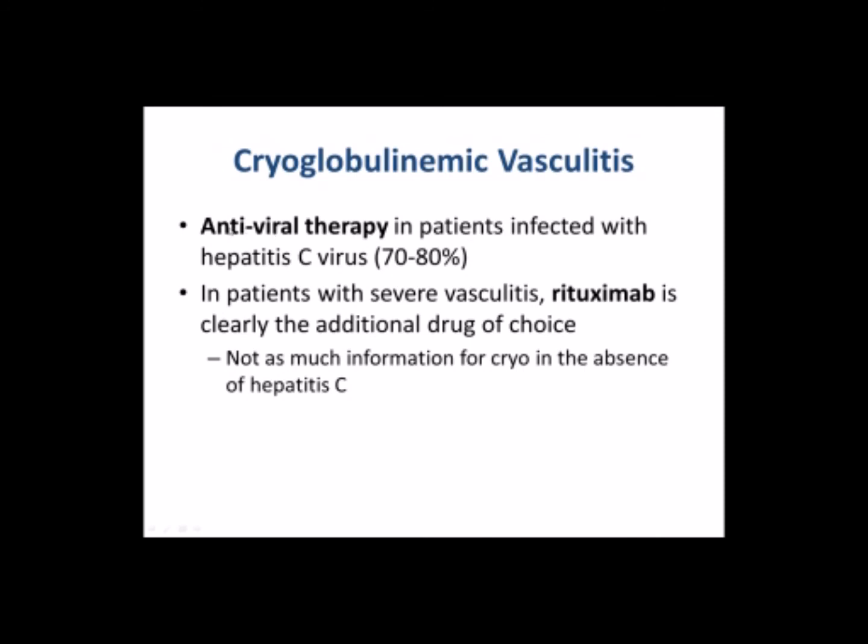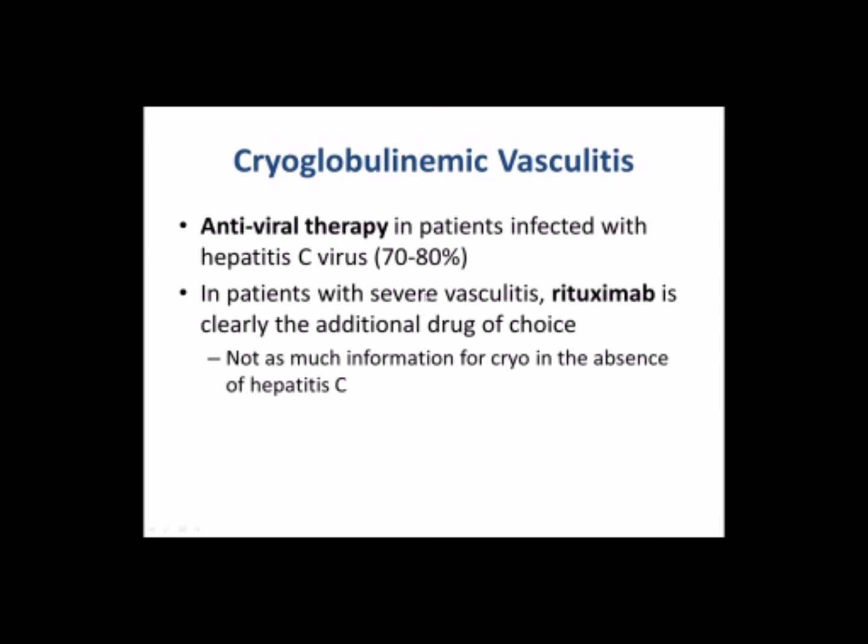Antiviral therapy itself has actually undergone a revolution, and so even though this hasn't been studied in vasculitis, it is likely to be spectacularly successful. So the antiviral therapy for hepatitis C, traditionally with a drug called interferon, was not very well tolerated. It made people very sick. They would still do it. But much better tolerated drugs that may actually cure people at a higher rate are probably going to do the same thing with vasculitis.